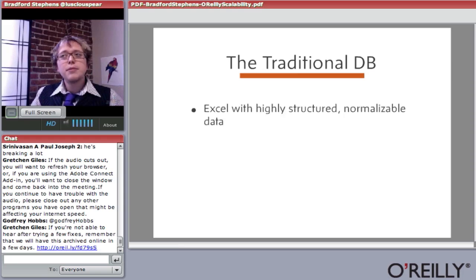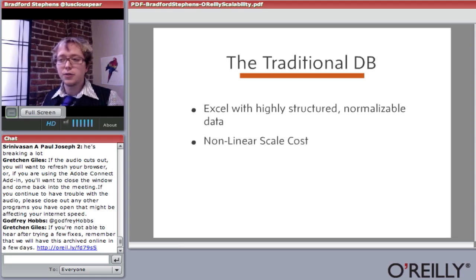So, when it comes to thinking about scalability and how you store your data, the traditional database has brought us really far, but it gives us a lot of problems. And it's one of the reasons why I'm having this talk today, is because these problems have led to this massive field of research and all these new practices that are springing up to get around the limitations of traditional architectures. So traditional databases are really great with structured and normalizable data, things you can do joins against or extract